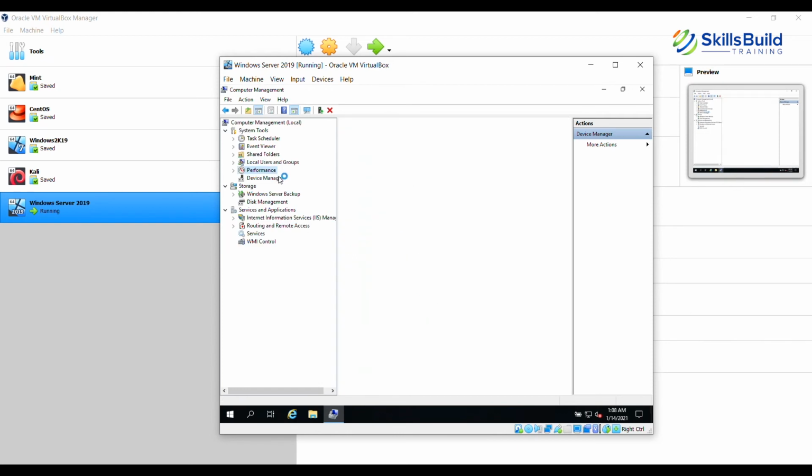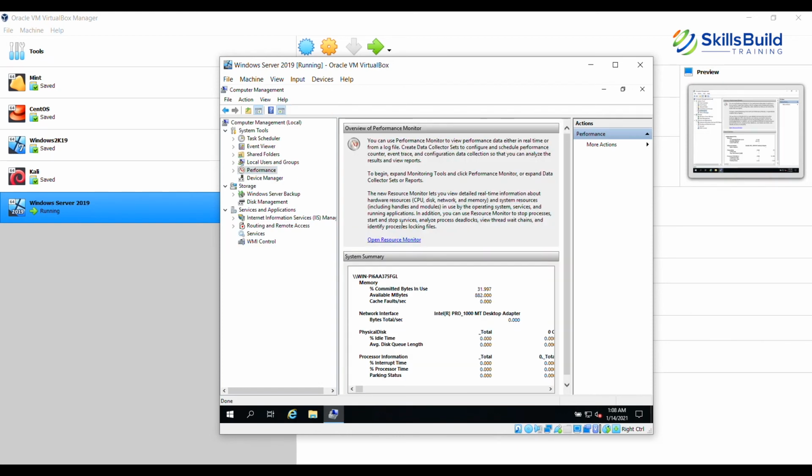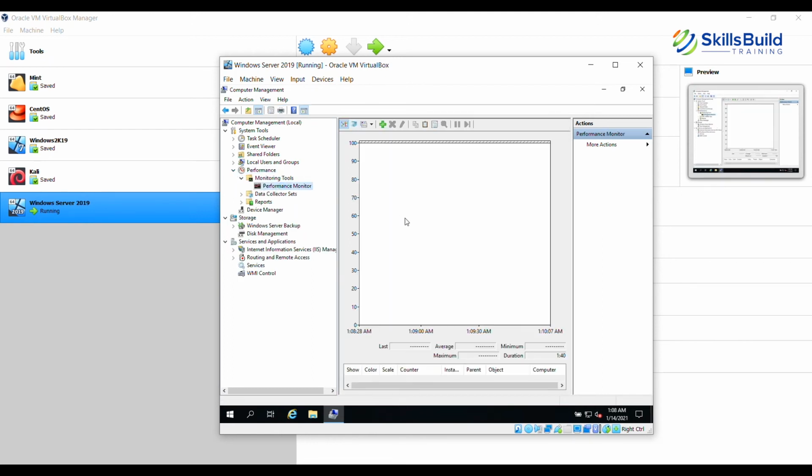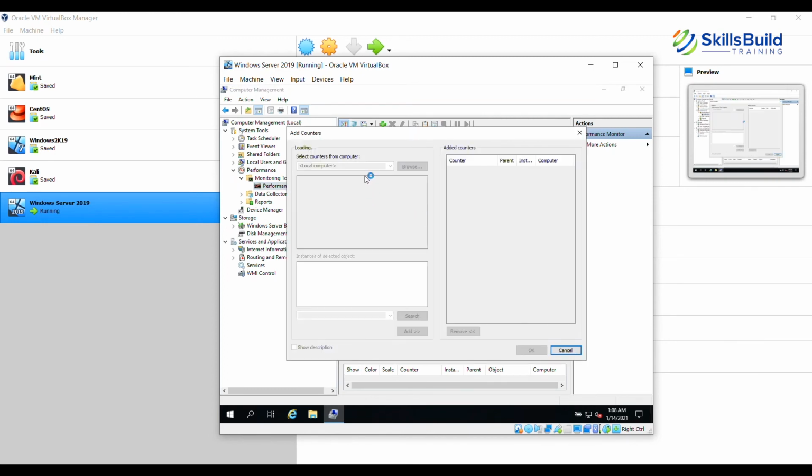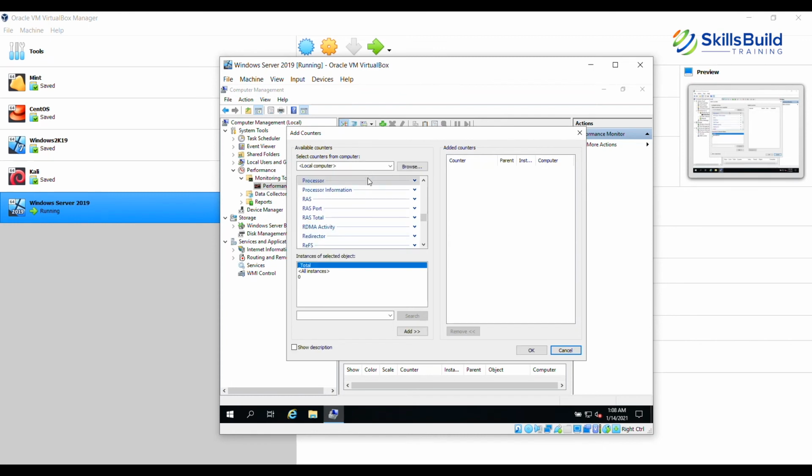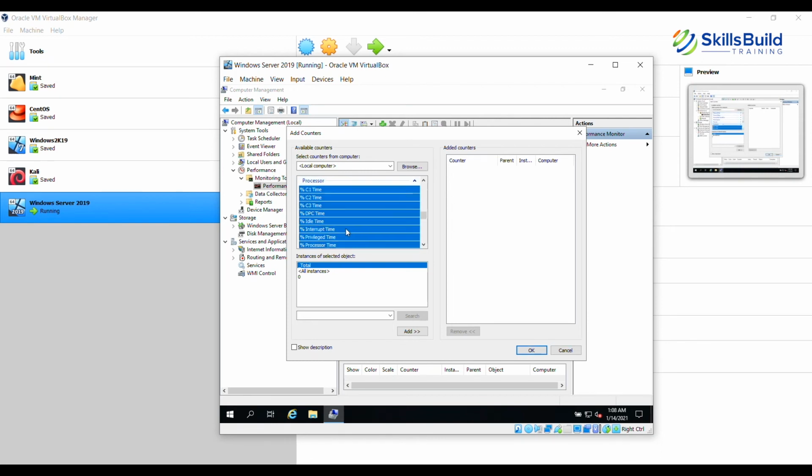And then I can also monitor the performance of this particular system. So there is Performance Monitor, and if I expand this, I can click on Performance Monitor, and I can add counters to, let's say, monitor the processor. So I expand this, and let's say User Time. I go ahead and add this and click on OK.